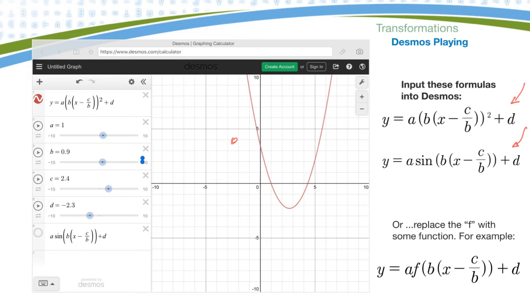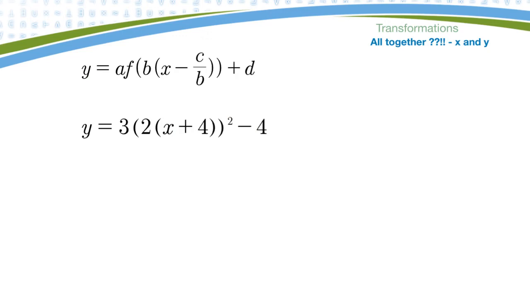Okay, now we played with this graph. Let's see how that applies when we just look at a formula. So here's, I guess, an equation. Y equals 3, 2, x plus 4, bracket. Okay, so what I need to do is identify what each of those numbers do in terms of a transformation. So I always start with